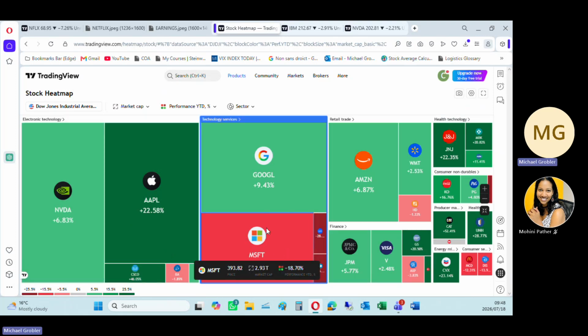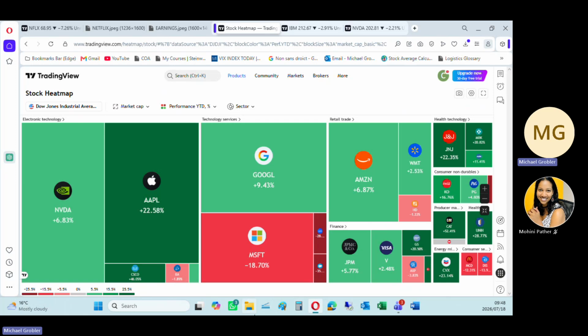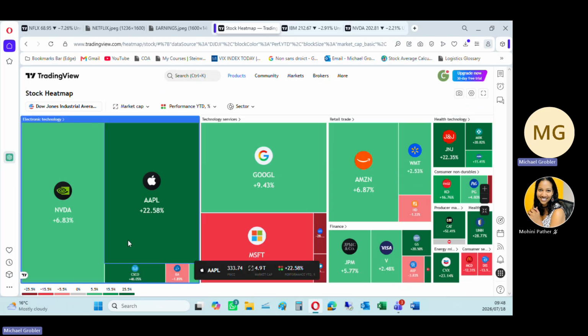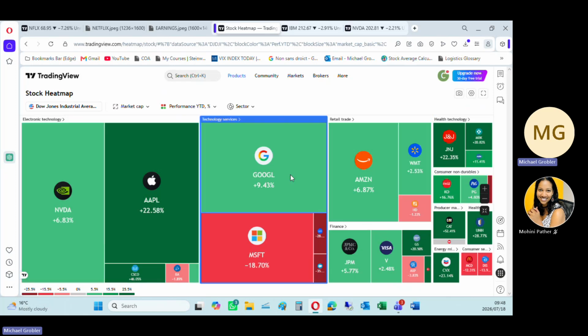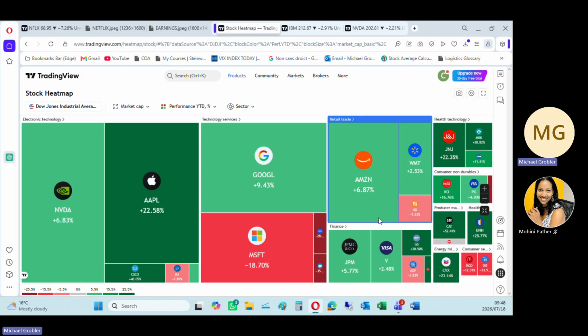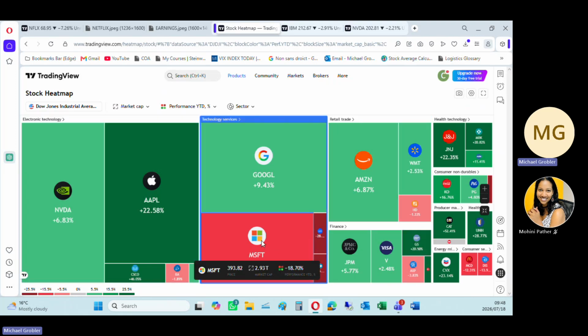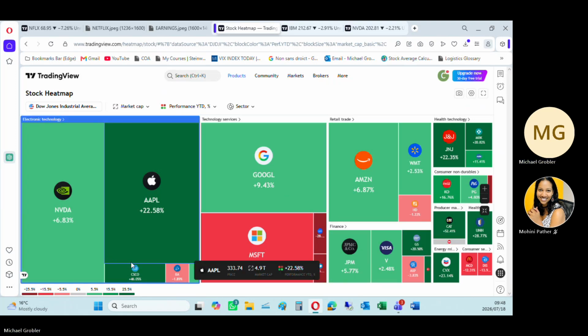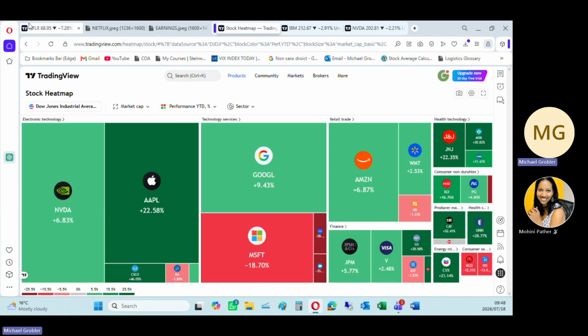So you can see here that Microsoft's down 18%. So the question is, why is it down 18%, but everything else has obviously had an okay time? So that will give you an indication that the bottom didn't fall out of the market. So what's Microsoft's problem? What's Microsoft's problem is that in the past, when the share price was going up,